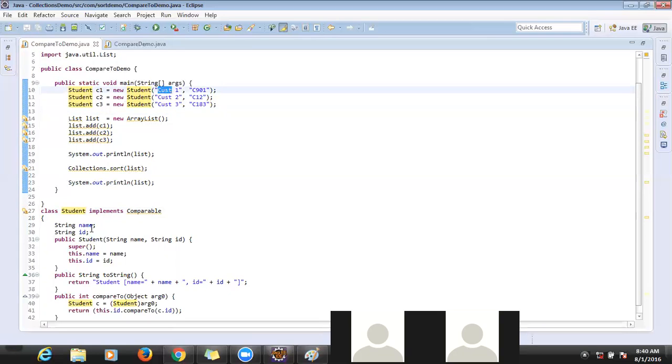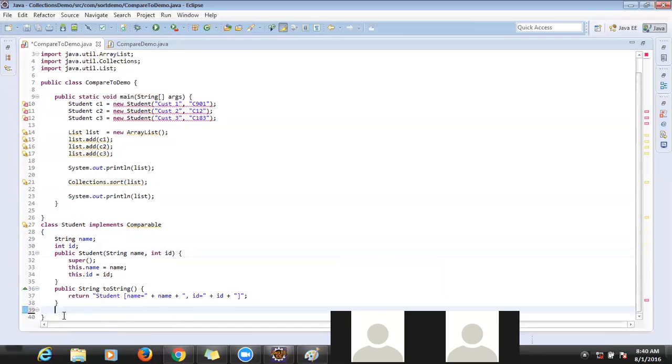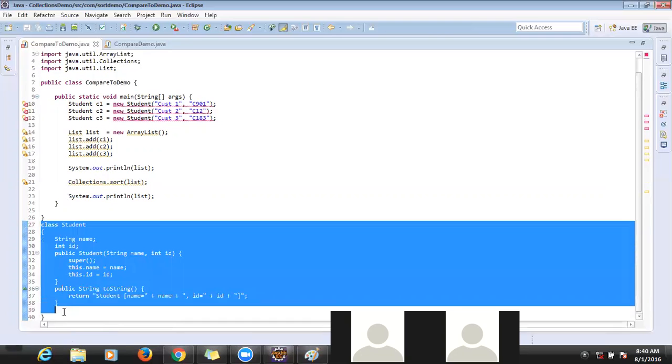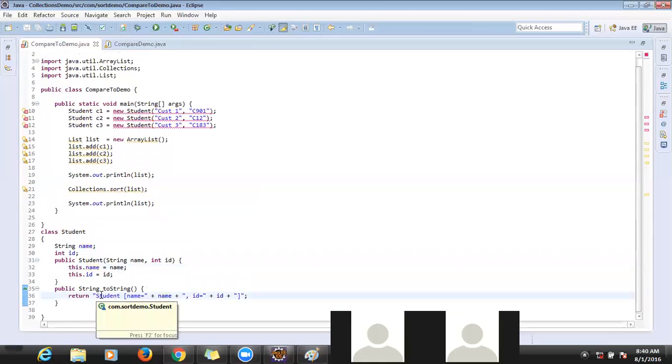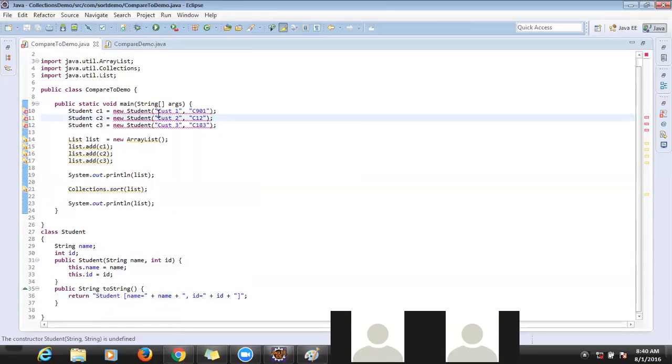Inside the student, name is there. I want to give marks as an int id, so instead of name I have given an integer id. Now I will remove everything I did previously, the comparable and all those things. So plain student object, constructor and toString method are there.